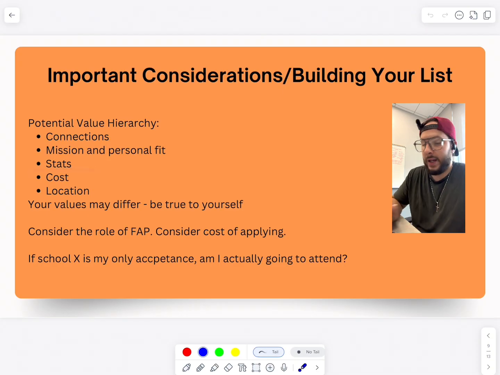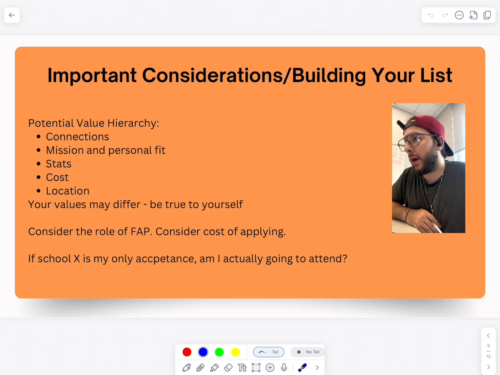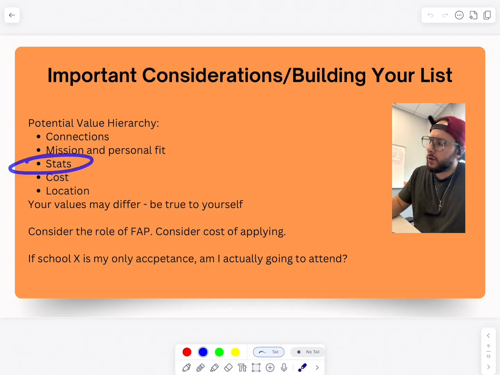Maybe then you want to look at stats. Maybe then you want to say, okay, I have a 3.6 GPA and a 500 MCAT. Safe to say most likely I will not be going to Harvard. Safe to say most likely I will not be going to Columbia. Safe to say I will not be going to Yale, right? So you do have to factor this in, but you should probably factor these things in more.